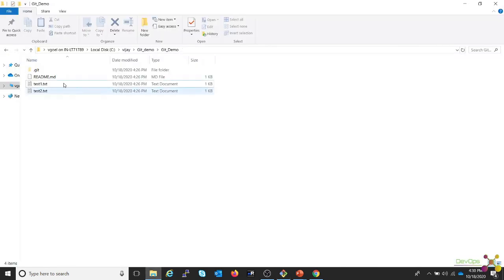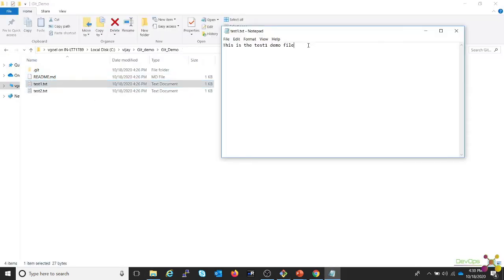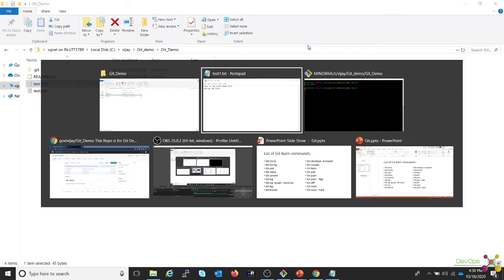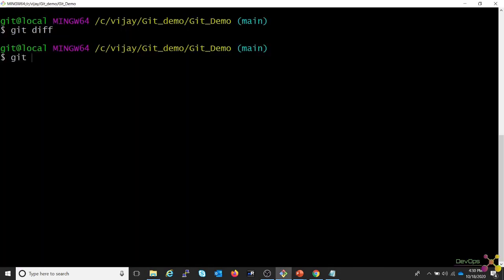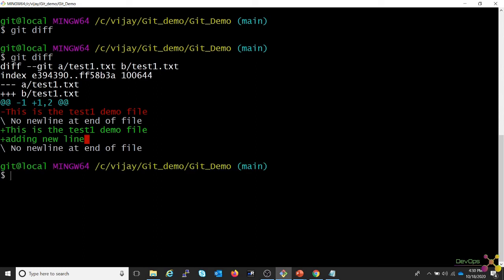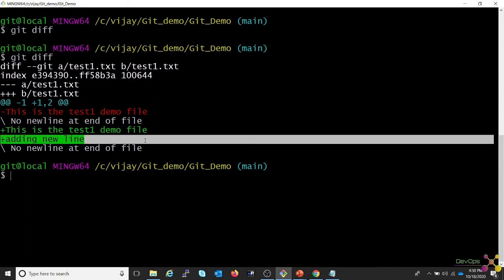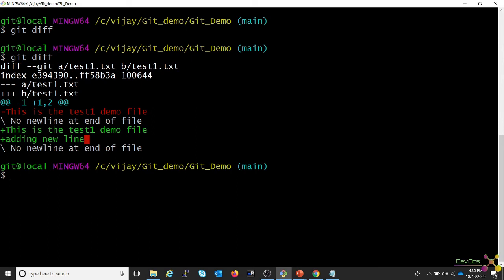Like, let's make a change. Adding a new line. Save it. Okay, come here. Now fire a git diff. Now you can see here, this is the new line that has been added, and it is showing that before committing the change to the branch, you can actually see the change which is going to be committed. And after seeing, if you are satisfied, you can follow